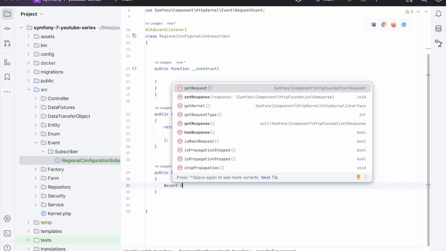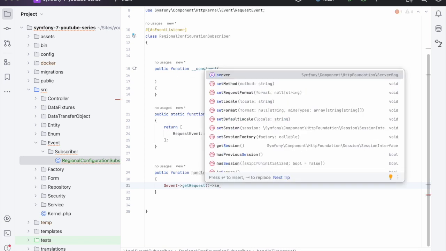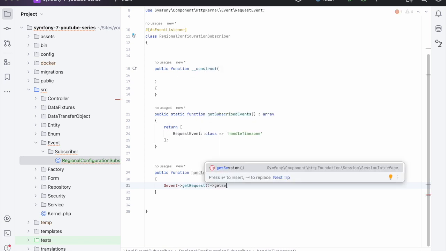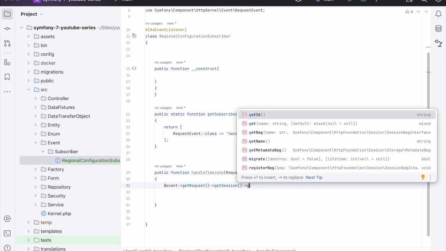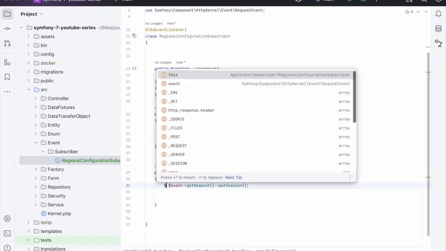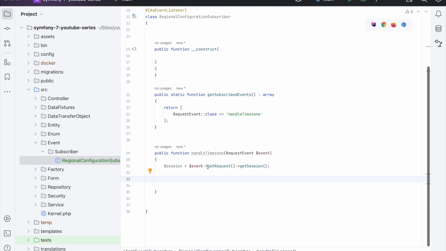Let's see what's available on this. We can see we can get the request. We can get the session. Yes, there we go. Okay, and that's what we want. And then we should be able to get, yes. Okay, perfect. So we've got the session, and now we can